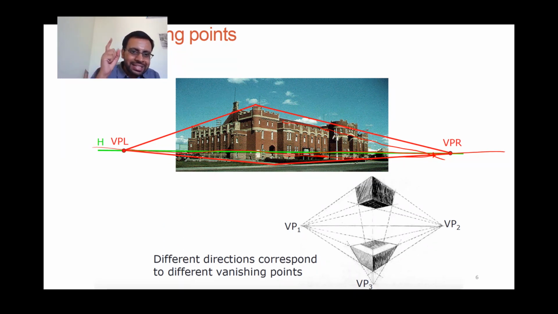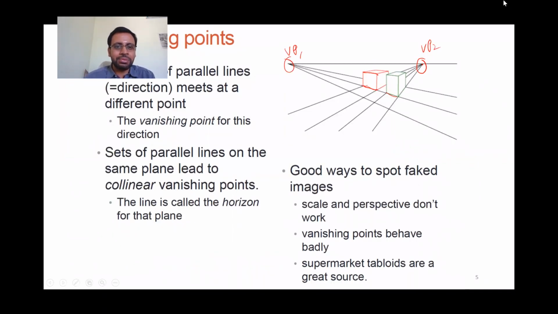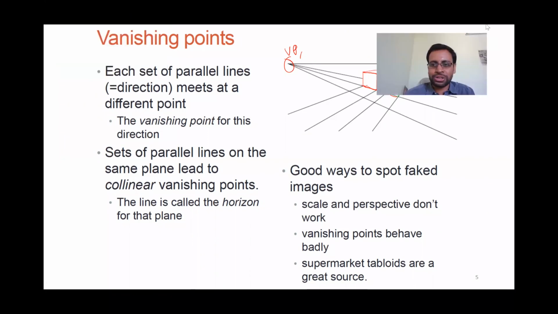Second, all sets of parallel lines should converge at the same point. So if I'm keeping the book here, and I'm getting the projection of these two versus these two, they cannot converge at different points. It's a single point. This we derived already mathematically. The locus is not something you take for granted. For now, we are not going to make the derivation, but if you are interested, you can pursue it further. We will just look at it as a property for now in the interest of time.